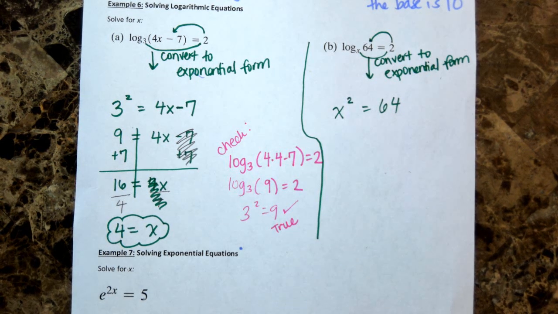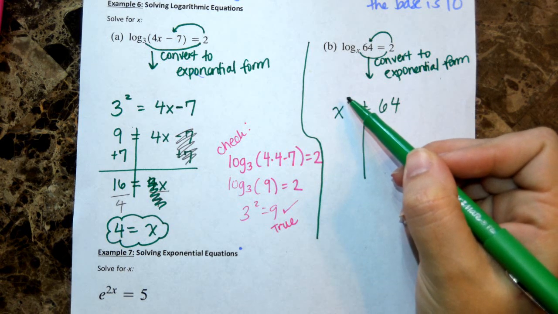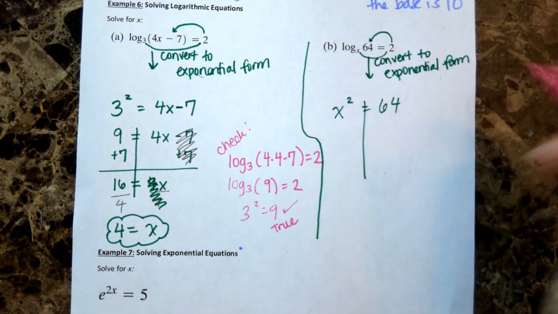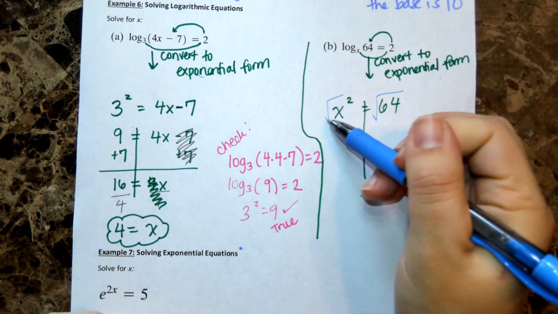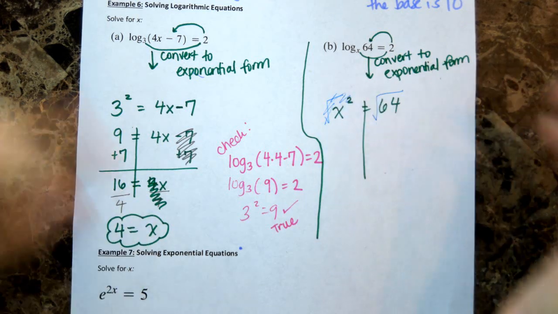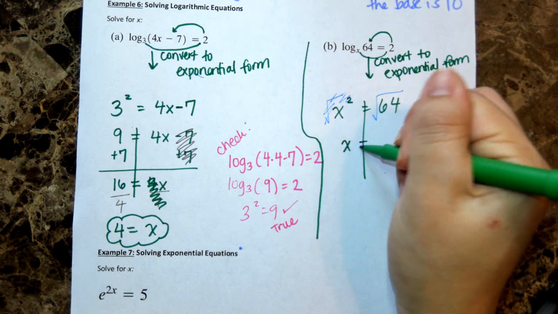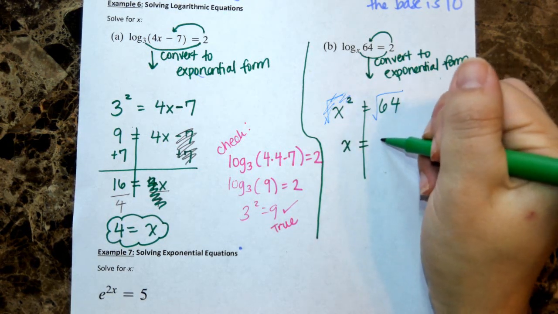All right, so what we have now is x squared equals 64. I'm going to solve for x, and I just need to get rid of the second power. So the opposite of second power, or square, is square root. So we're just going to take the square root of both sides, because square root and square cancel out. They're inverse operations. And we're just left with x equals, now the square root of 64 is positive or